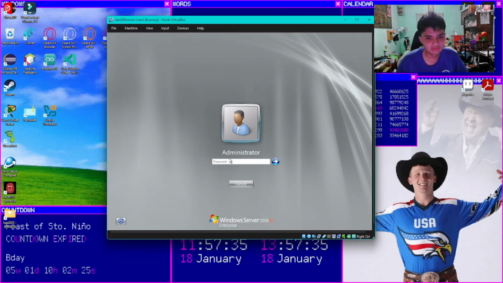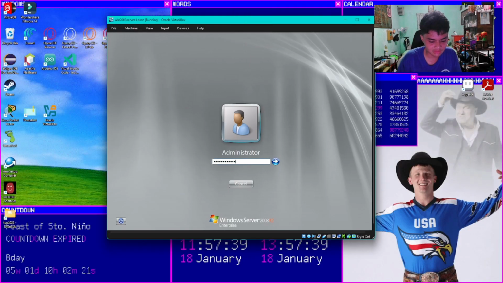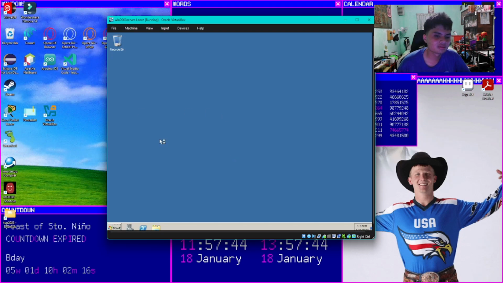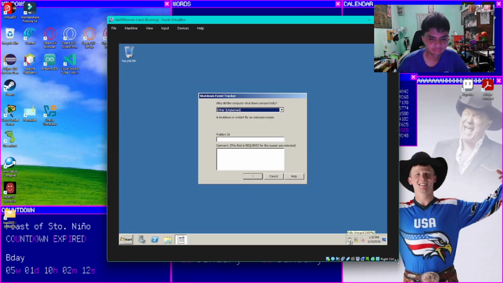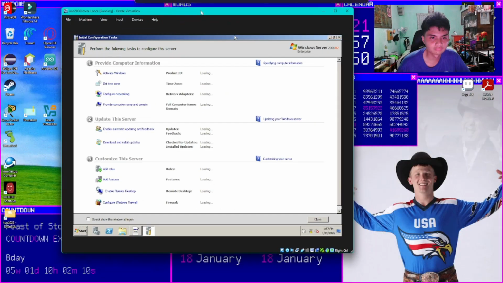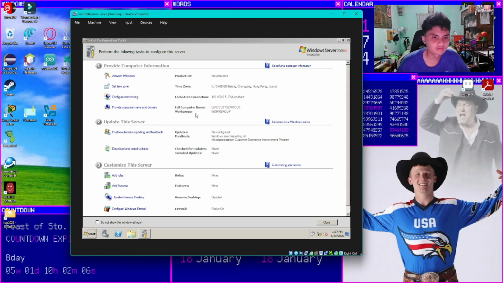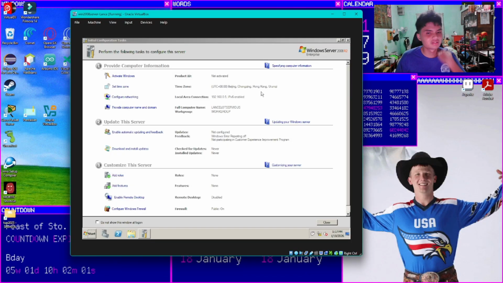Then put in your password, in my case Master67. It's opening the desktop. We're back in Windows Server again. The computer is now called Lancelot Cerberus.